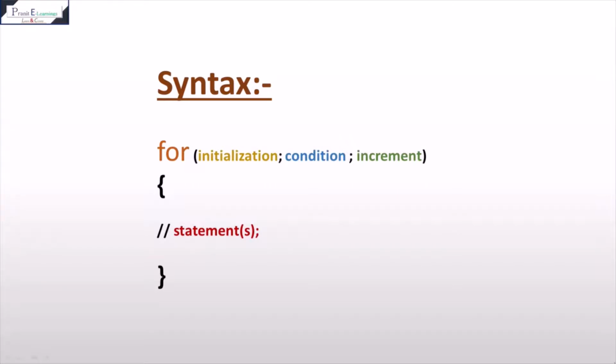Okay, and increment is executed each time throughout the loop whenever the condition is true. Increment is nothing but you have to increase your value, and you can also use a decrement if you want to decrease the value. Okay, now let's see how we can use a for loop and the analogWrite function for fading the LED.